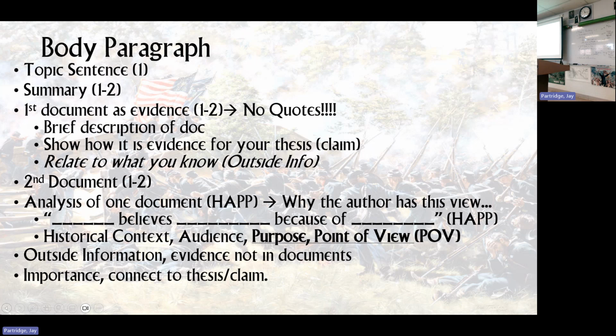Now, I don't make a big deal about that because there's so many things related into that, so we just call it HAP. But that is the additional analysis. And here's the format. Blank believes this because of, like, their point of view. So,